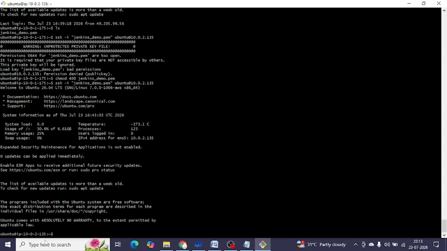See, 10.0.2.135. Previously, what was our IP? 10.0.1.10, which is nothing but the public EC2 instance. From the public EC2 instance, we connected to the private EC2 instance. What is our private EC2 instance? 10.0.2.135. So here our public EC2 instance acts as a bridge,